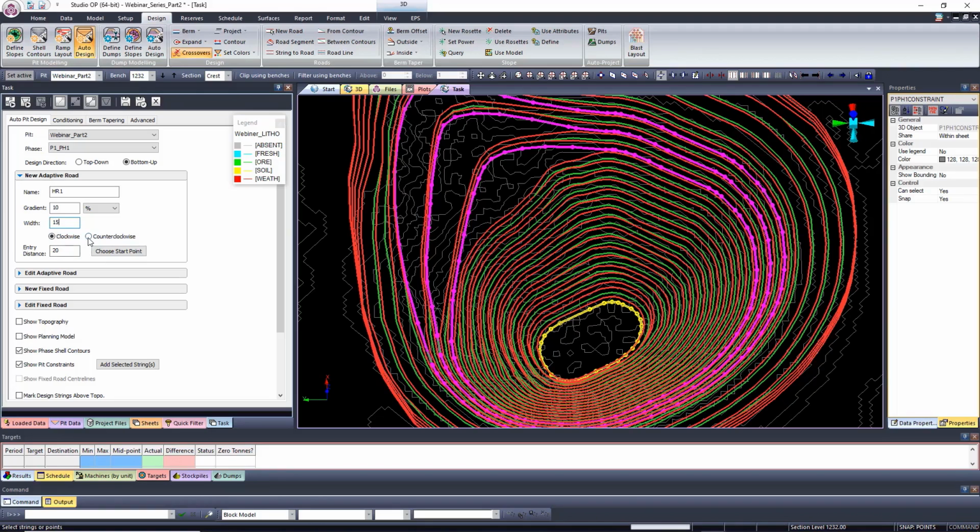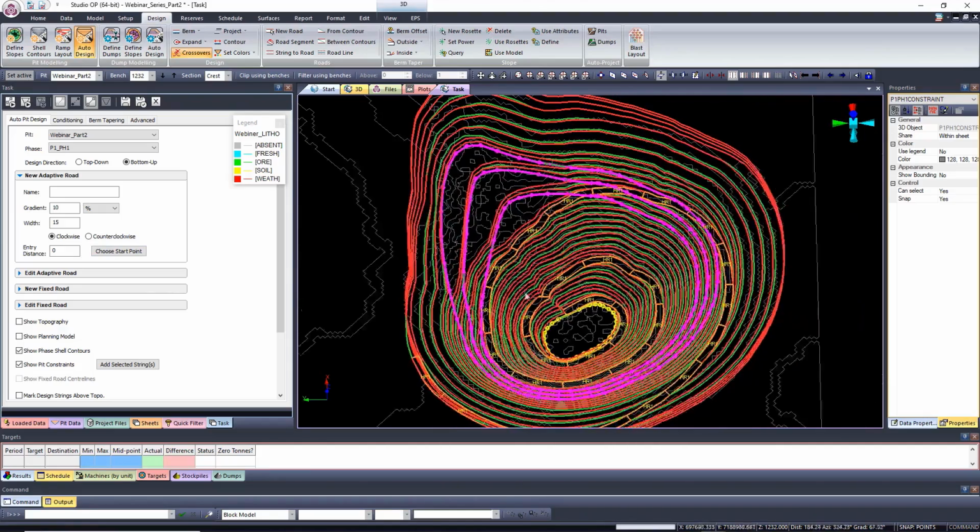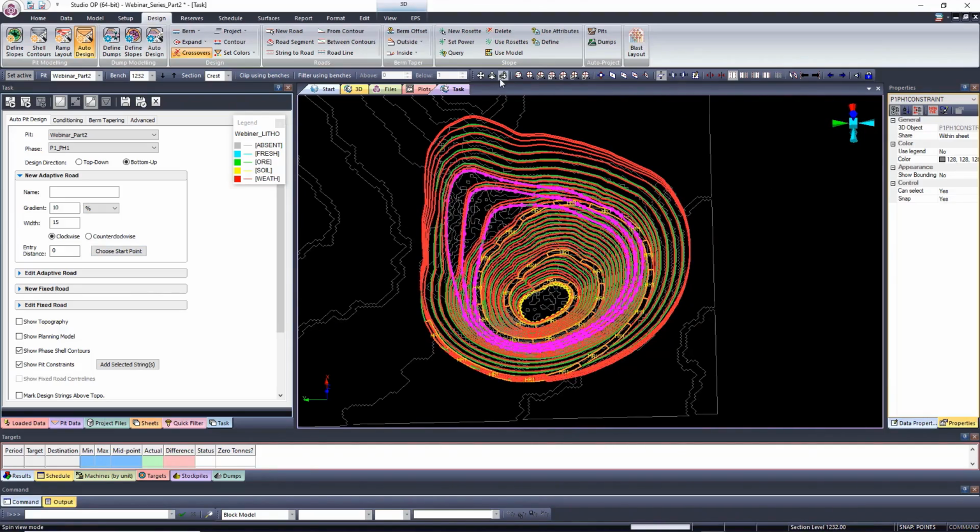Okay, no, let me make it counter clockwise. Yes, no, clockwise. Okay, so the entry distance for now, make it 0, just to check how it goes. All right, so I have something like that,